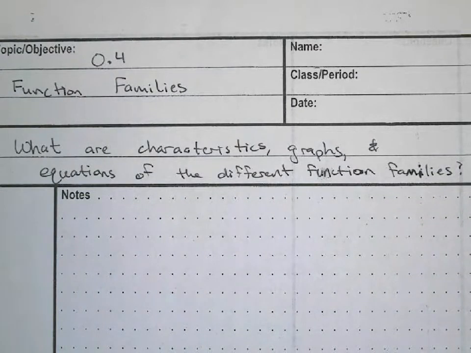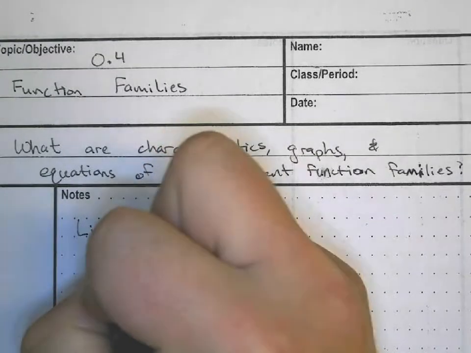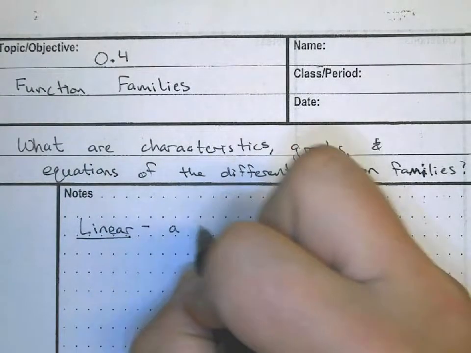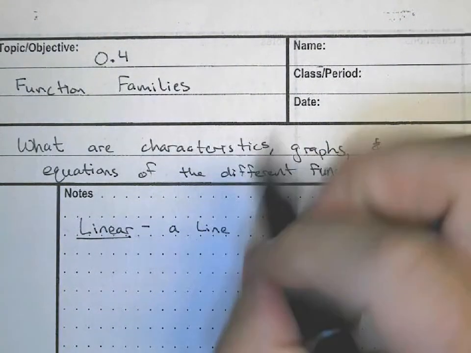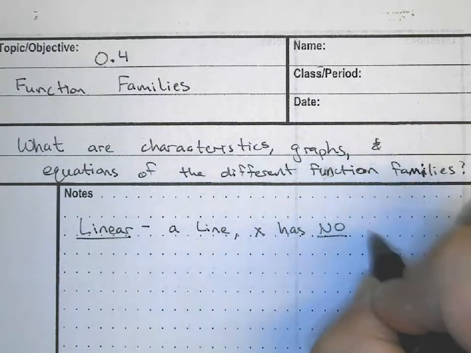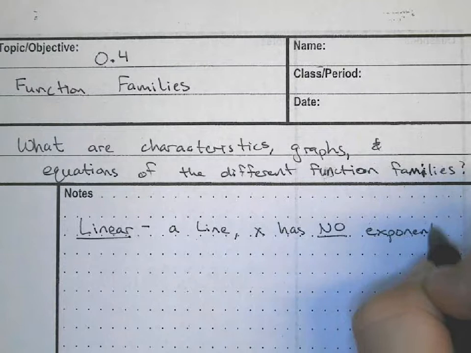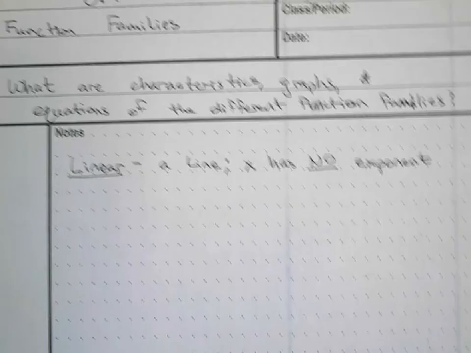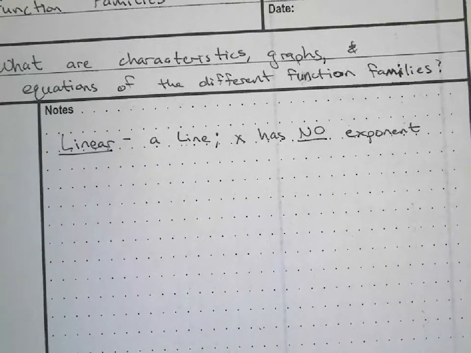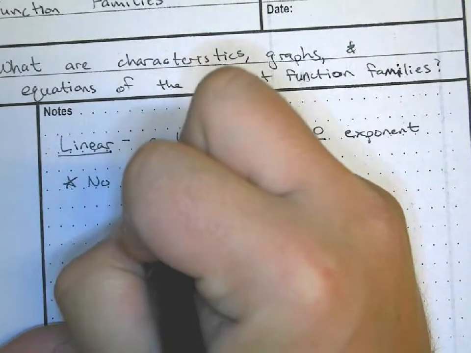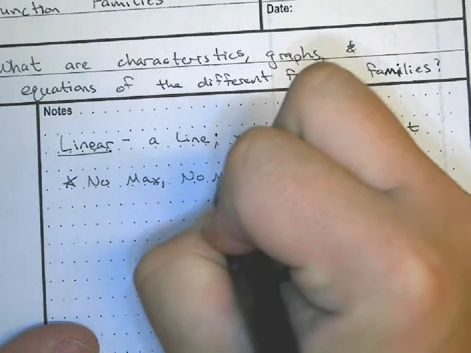So the first one we'll talk about is the linear function family. The linear is a line where the x has no exponents. So the graph is a line, and our equation is an x that has no exponent. Some characteristics: no max, no min,